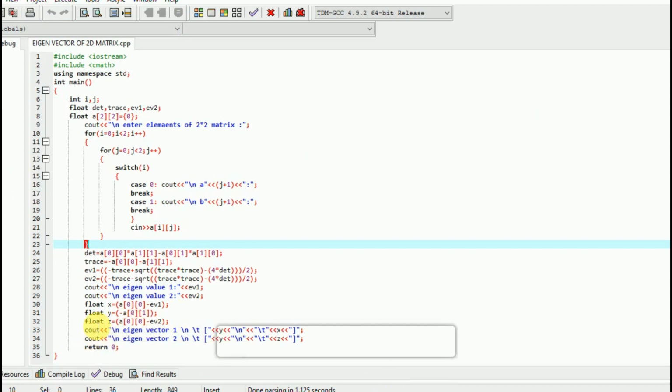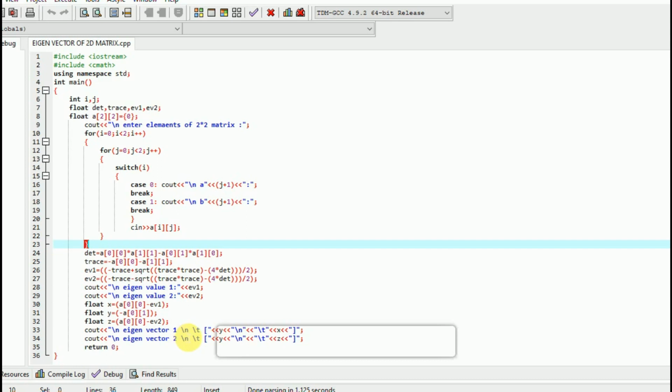For finding the second eigenvector we will subtract the second eigenvalue from a00 again. Thus we will get eigenvector 1 and eigenvector 2.